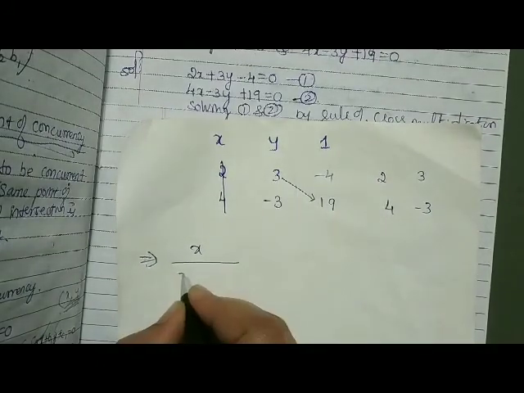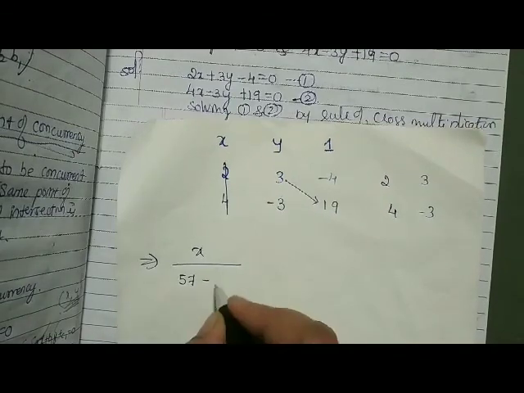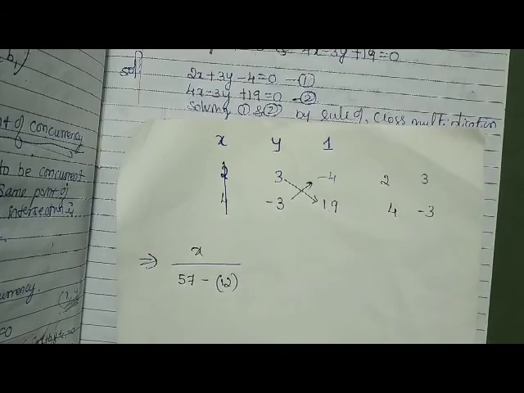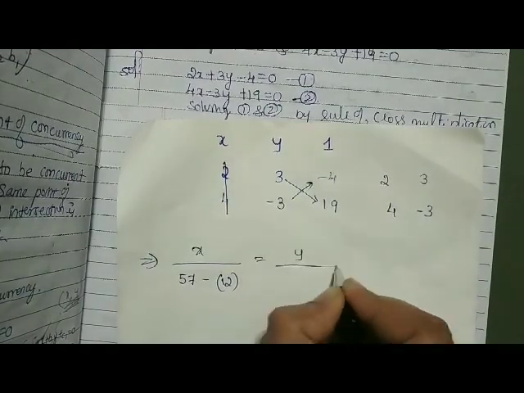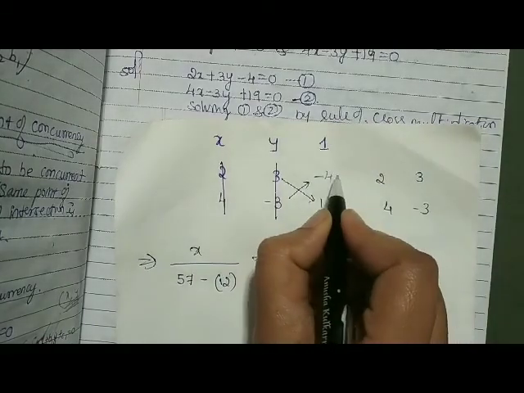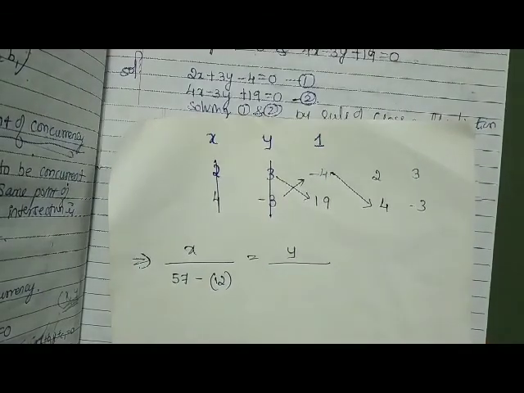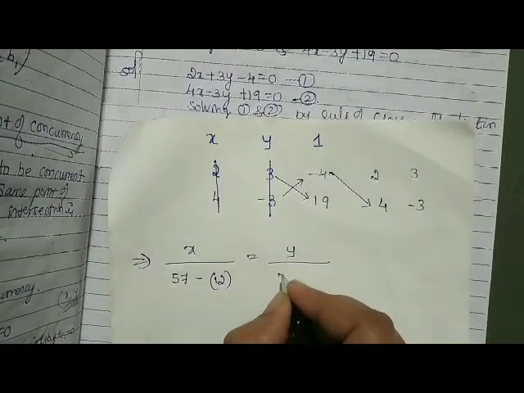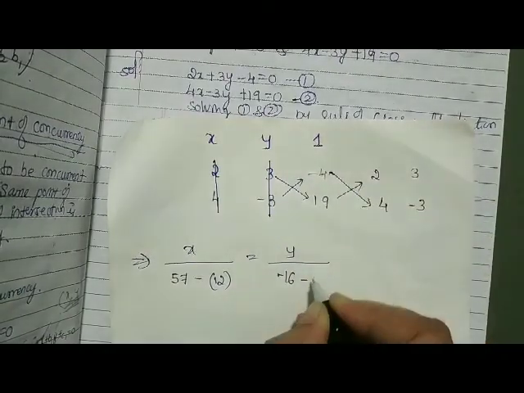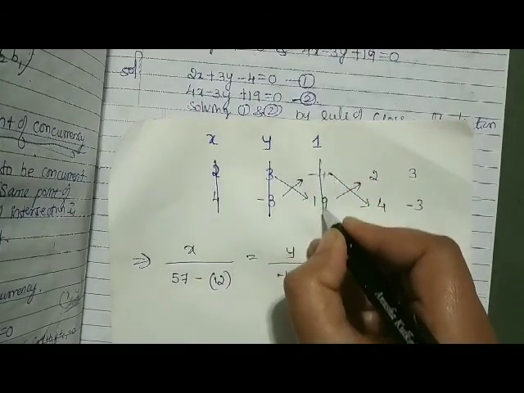3 into 19 is 57, minus... Next, -3 into -4 is +12, which is equal to y divided by, you have to delete that column and proceed further, that is cross multiply. -4 into 4 is -16, minus 19 into 2 is 38, which is equal to 1 divided by,